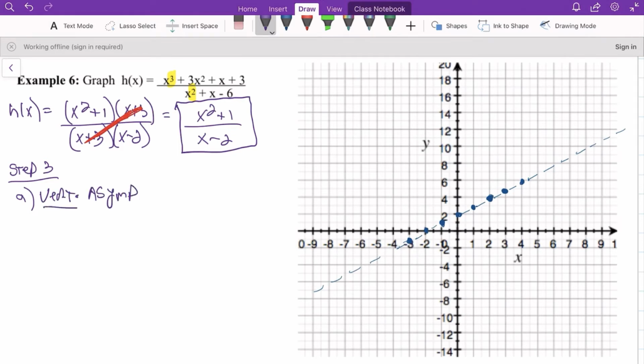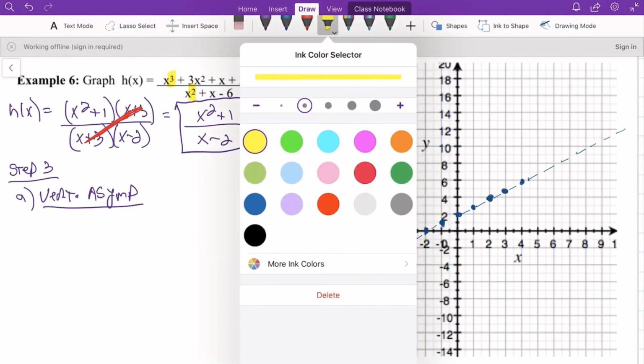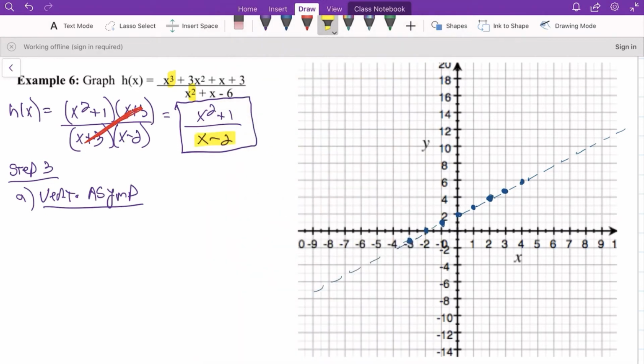And to find the vertical asymptote, what we're going to do is only use the remaining factors in the denominator to determine where that vertical asymptote would be. So I have x minus 2 as my remaining factor, and we're just going to set that equal to 0, and we're going to solve. So we're going to have a vertical asymptote at x equals 2,